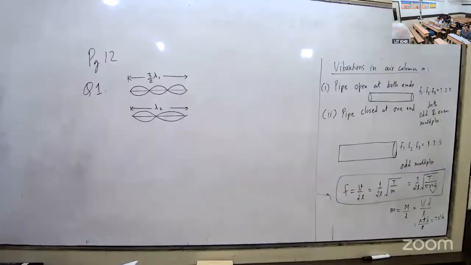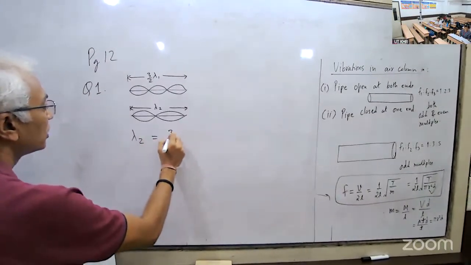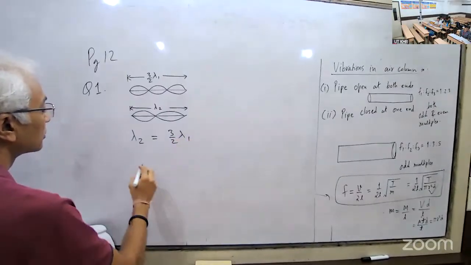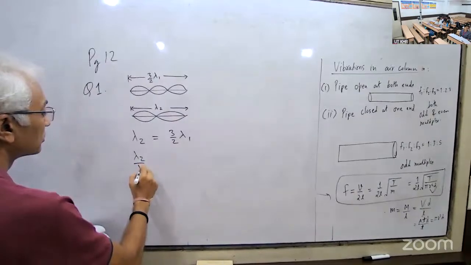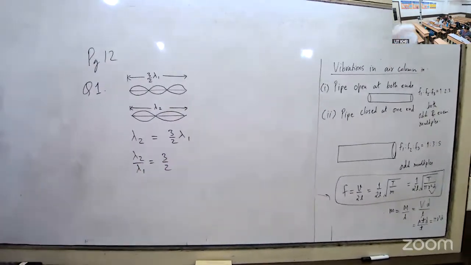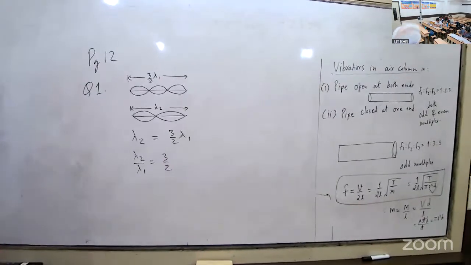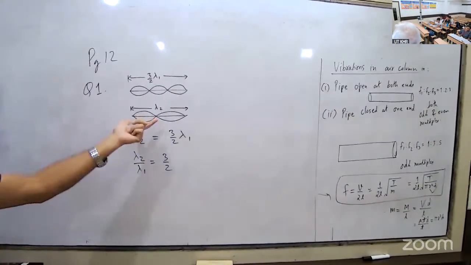B and A. तो B का क्या है? lambda 2 is equal to 3/2 lambda 1. तो lambda 2 by lambda 1 3/2, यही है ना? Is it 3/2? This is how you do it. समझा कि नहीं समझा? हाँ, तो ऐसे दोनों के वेवलेंथ इक्वेट कर रहे हैं।